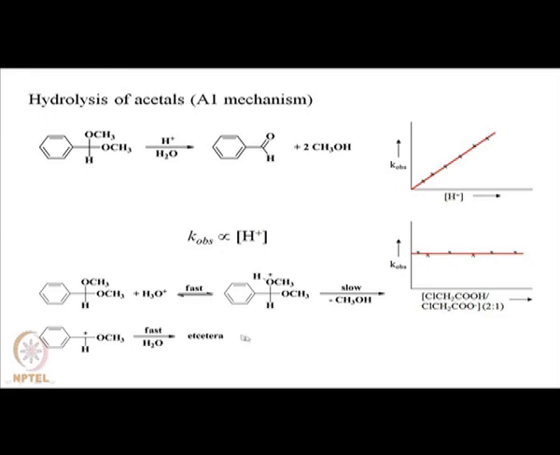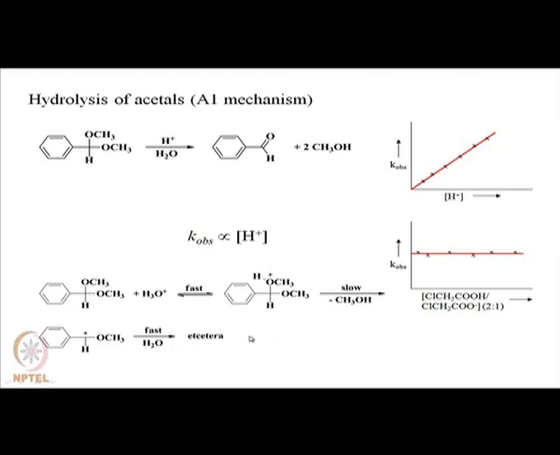And what is the mechanism? The mechanism is that you have the acetal of benzaldehyde in presence of H3O plus, it is a fast equilibrium, and then slow, this rupturing of this bond